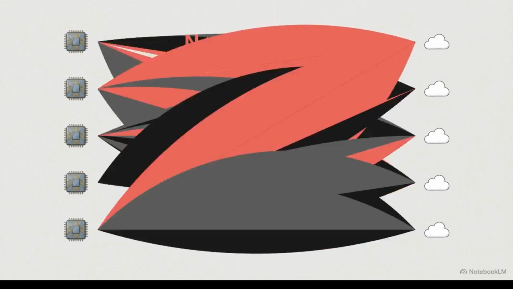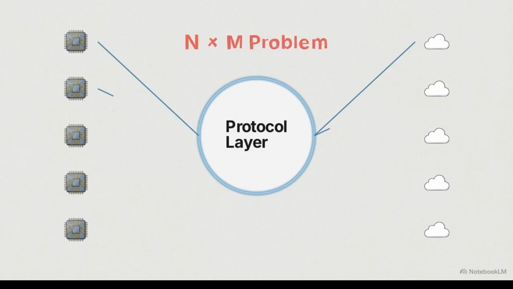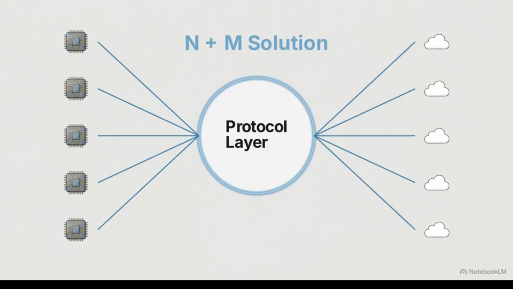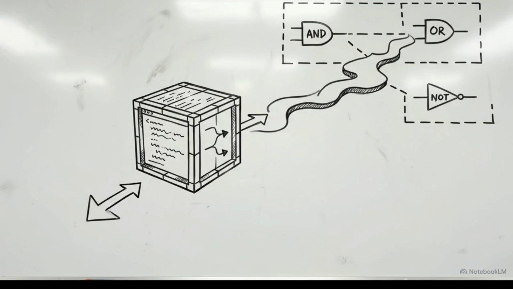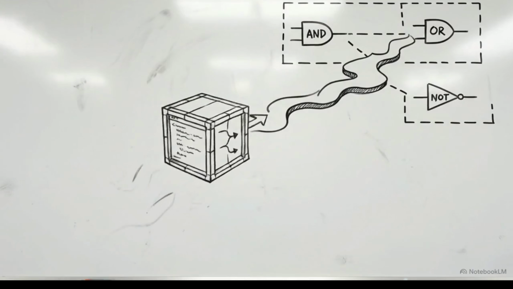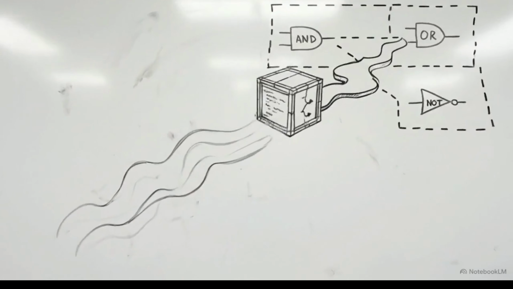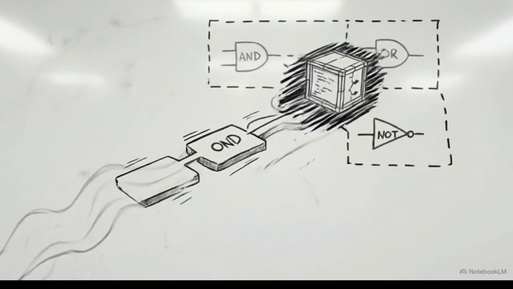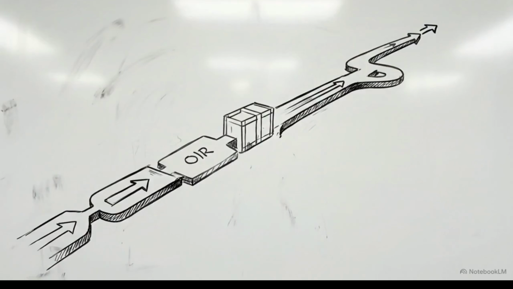Mathematically, this collapses the integration complexity. Instead of maintaining an N times M web of individual connections, developers build to a single protocol layer, creating a clean N plus M hub and spoke topology. By treating external systems as first-class components through a universal port, MCP allows AI to transition from static text generators